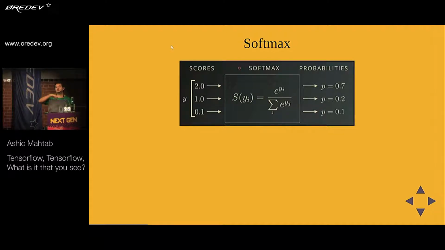There are many different functions that do that. Softmax does it in a continuous way, and we'll revisit that a few times today. The key thing is that the function is not a linear function, it's a continuous function. And the benefit of having a continuous function is that you can take a derivative. And if you can take a derivative of something, you can optimize it and do gradient descent on it. That's the key thing that softmax is giving over here. So we take our inputs with our given weights or learned weights, we get scores from that equation, we run it through softmax, and that gives us probabilities.